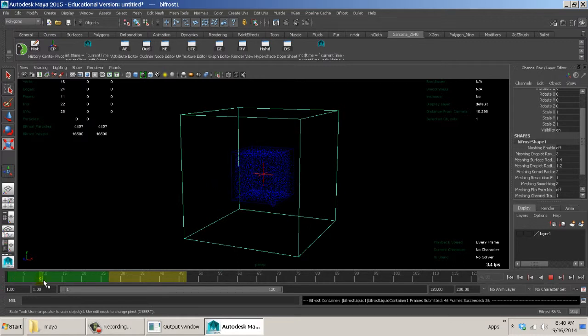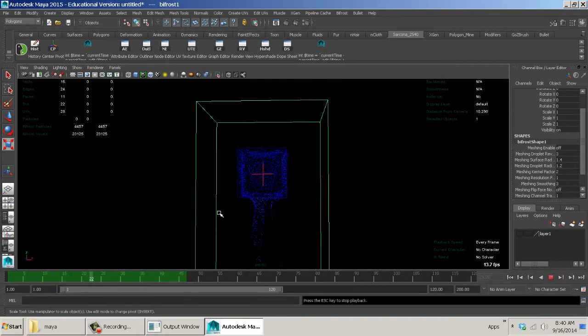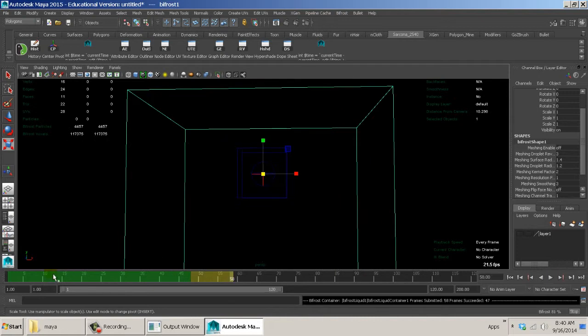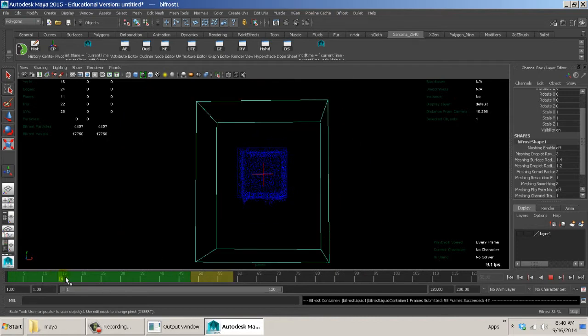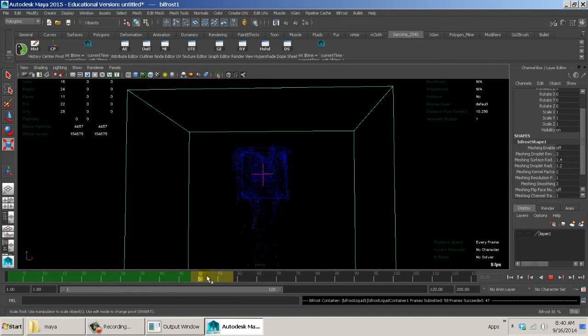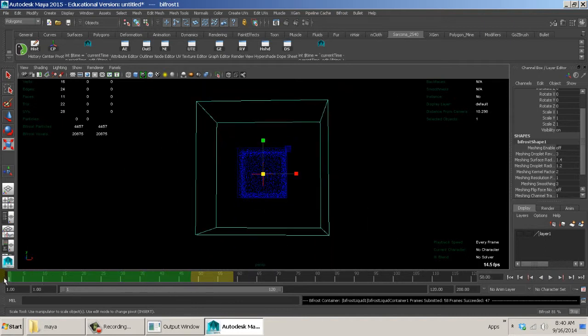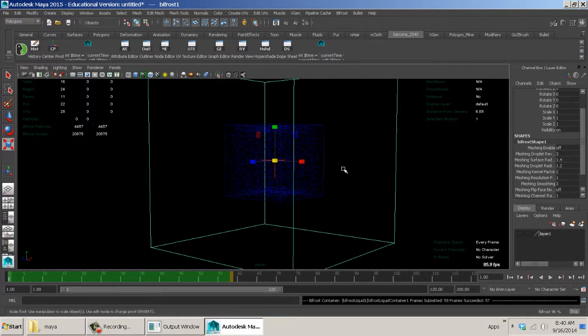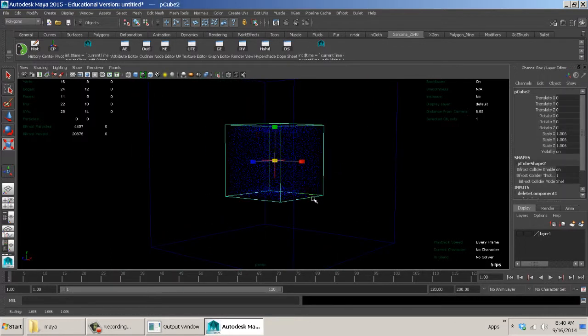Okay, we'll hit play, and you'll see all the little particles inside there, and you can even see some of them falling out. Okay, even though it's colliding with it, you'll see that some just fall right through the bottom and start falling out, and then there's some that leak over the top and fall out. Okay, so I could make this box a bit bigger